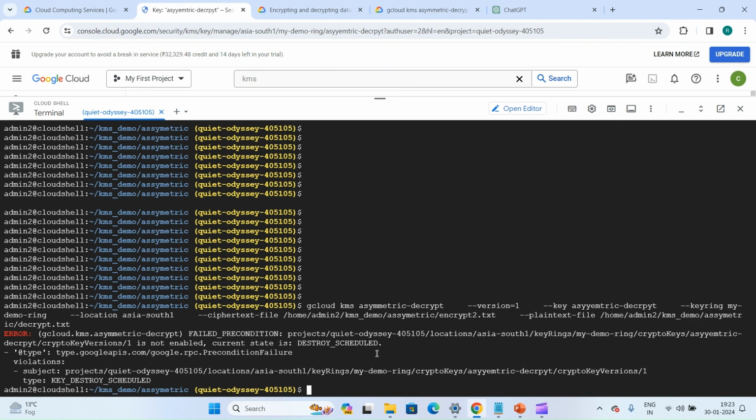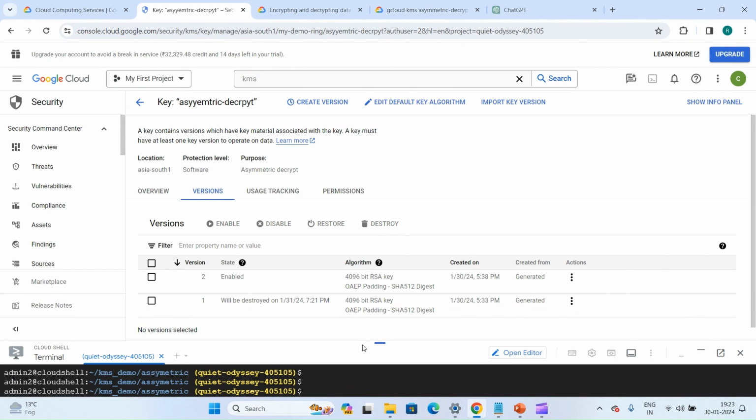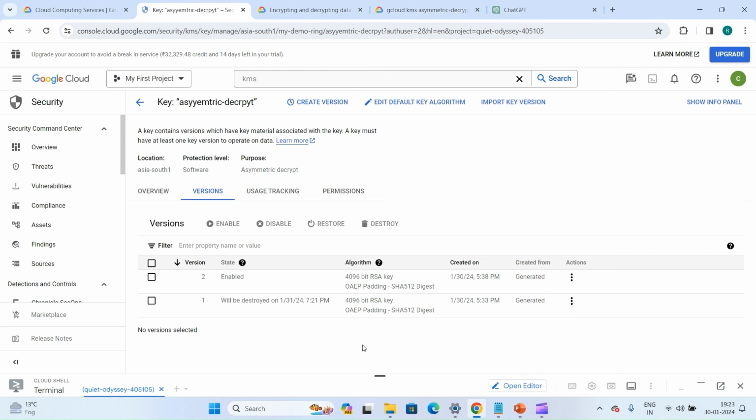So suppose you have some data, and Google recommends that you first disable the key. If someone faces an issue, just re-enable it, decrypt the data and re-encrypt with the new key. And even if you make sure that everything is good, put the key under destruction for some more days, like 30 days or 20 days, so that if someone faces issues, you can just recover that key and use it again to decrypt the data, because once the key has gone, nothing can be done. Google cannot support on this.